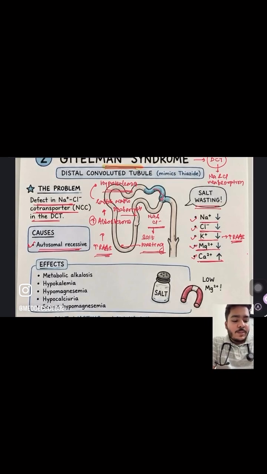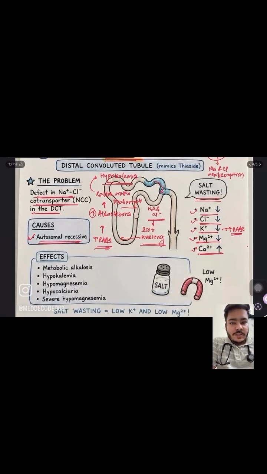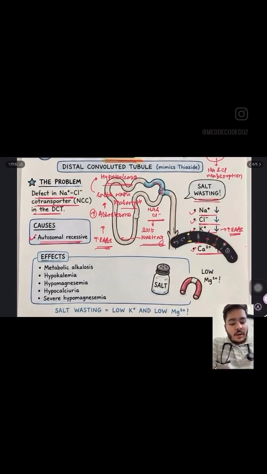You have decreased magnesium and you have increased calcium, right? We know that loop diuretics lose calcium, thiazides preserve calcium, right? So the exact phenotype of the disease is similar to thiazide diuretics. Now always remember,